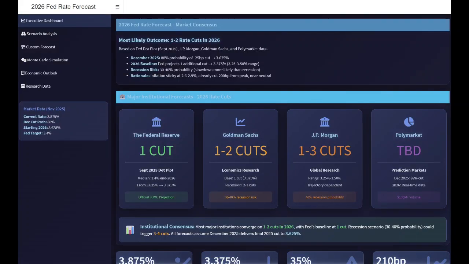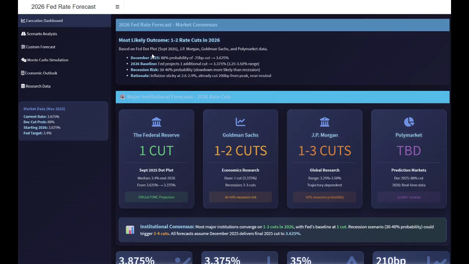Demonstration of a 2026 Fed interest rate forecast using a confluence of agentic AI, like agent-based AI inference, econometrics, and simulation to run an estimate on how many interest rate cuts there are going to be in 2026 and what the rate may come down to based on various pathways. Right off the bat, the most likely outcome per the confluence of the modeling, the simulation, and agent inference is 1 to 2 rate cuts in 2026.